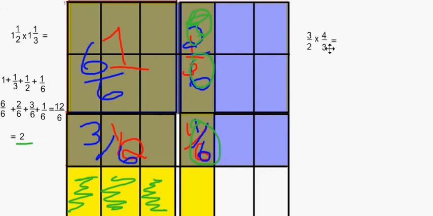Over here on the right, if we change it to our improper fractions, 1 and 1/2 is changed to 3/2. 1 and 1/3 is equal to 4/3. And we can see my 3/2 is talking about my 1, 2, 3 halves that are in blue. And my 4/3 is talking about my 1, 2, 3, 4 thirds that are in yellow. So I multiply those together and I get a total of 12/6, which again gives us our answer of 2